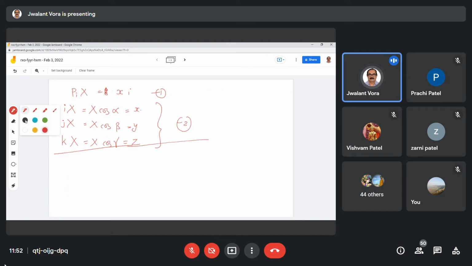I am trying my best. Pi into x is equal to,